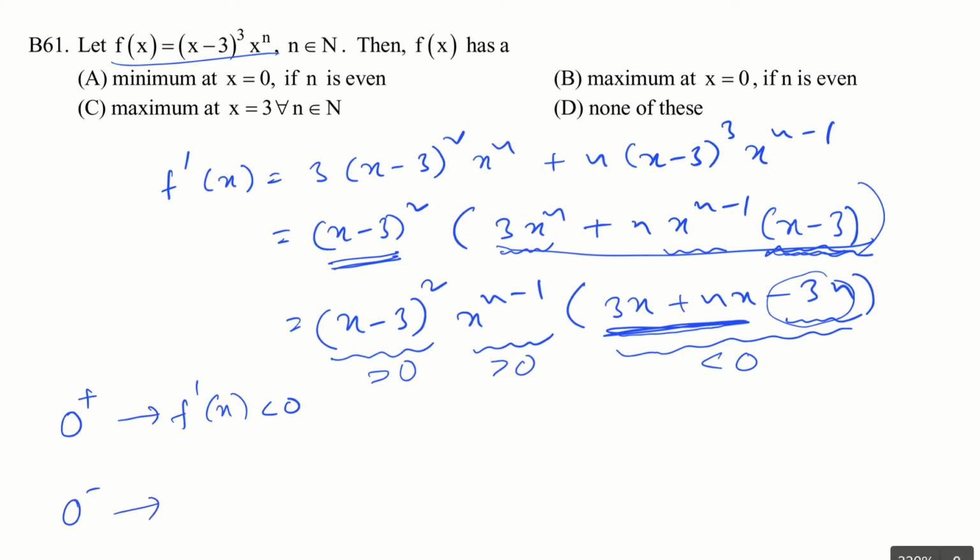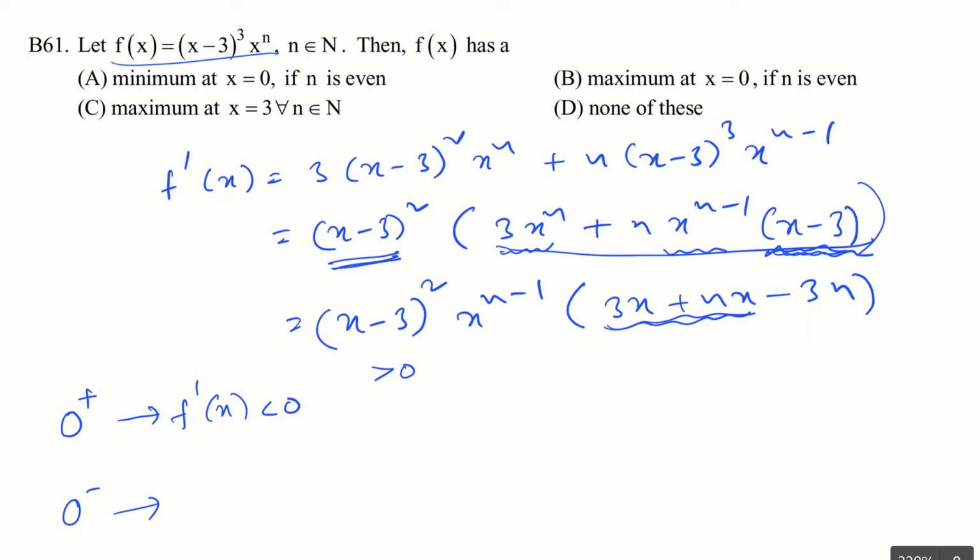Now let me see when I am to the left of 0. If I am to the left of 0, then let me rub away these things and write the symbols again. So if I am to the left of 0, this is positive anyways, whole square. Now, this part is close to 0 and this is negative. So, obviously, this whole thing is negative. And now, coming to this one, I cannot decide unless I know the parity of the power. I should know whether it is even or odd.